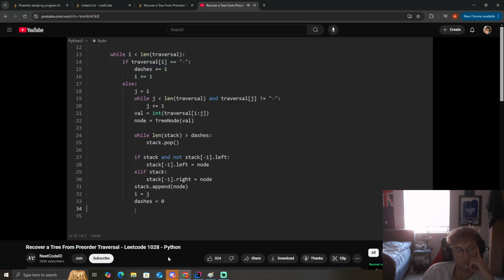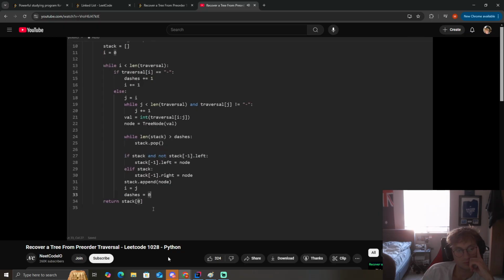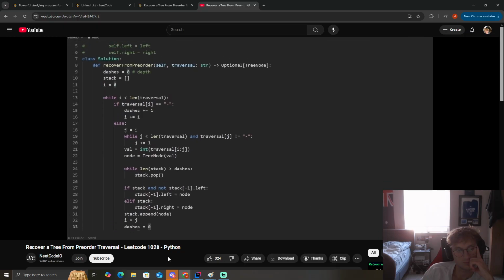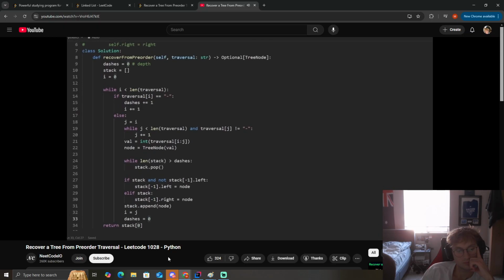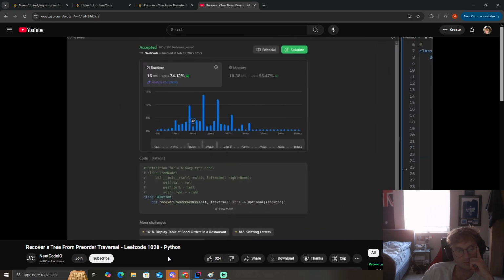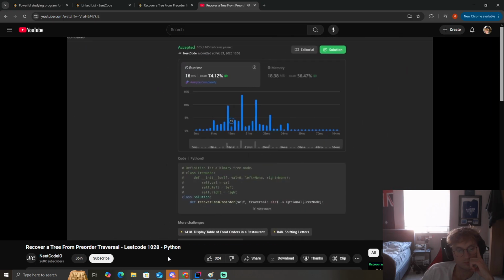And I believe this is actually it. I was surprised that this worked, but I do think it does. We can return stack at 0. And unless there's some bugs or typos here, I will go ahead and give this code a run. And yeah, you can see here on the left side, it works. It's pretty efficient. If you found this helpful, check out Leetcode.io for a lot more. Thanks for watching, and I'll